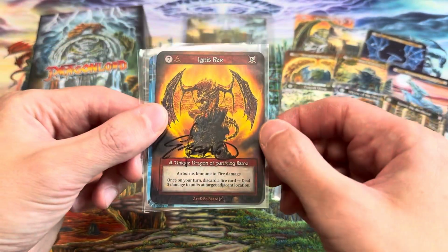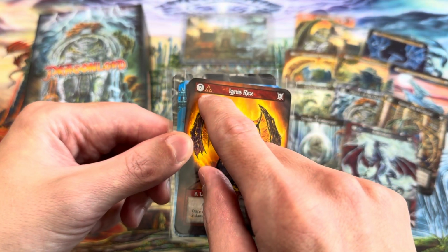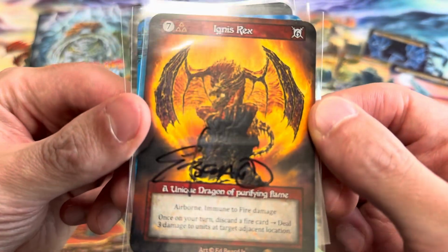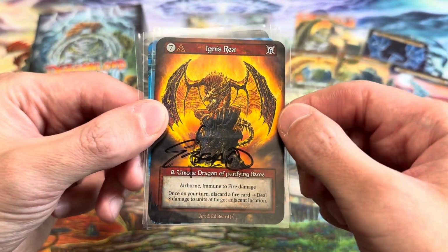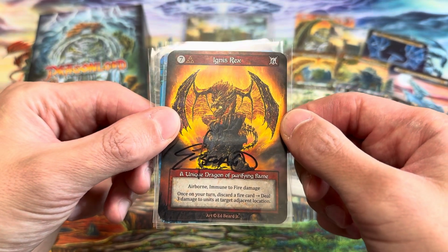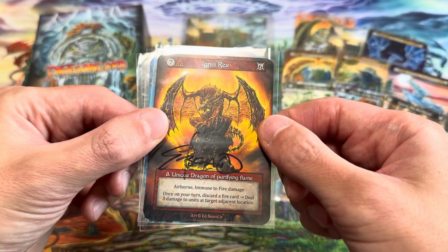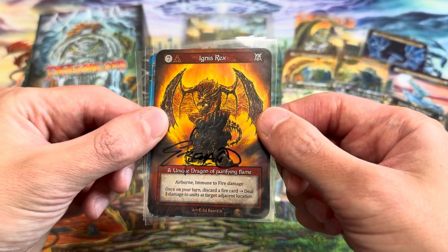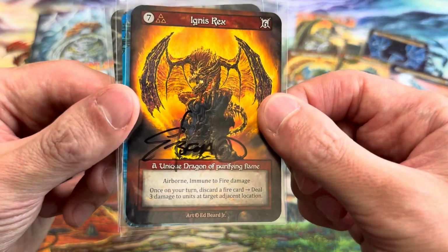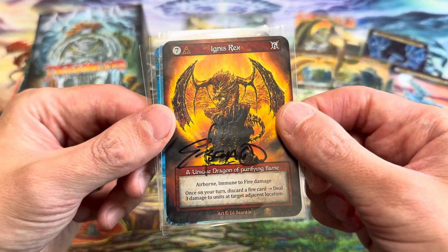$13.23. Then we have Ignis Rex, another 7 cost dragon for 3 fire threshold, power toughness of 6. Beautiful art again, also signed by Ed Beard Jr. It's a unique dragon of purifying flame. It has airborne, immune to fire damage, and once on your turn you discard a fire card. It also deals 3 damage to units at target adjacent location. Very cool. Its current TCG market player price is